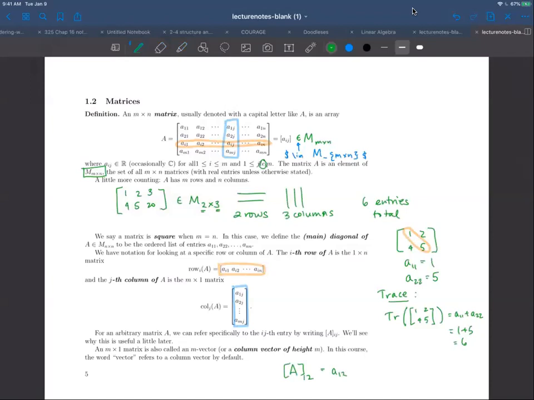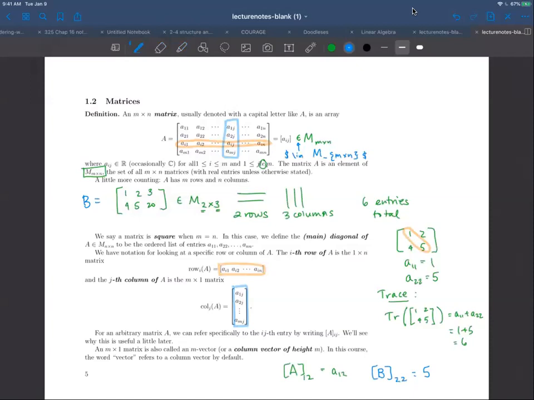But if I call this matrix that I started with up here, which I'll write in blue, let's call that matrix B. If I look at B, let's say second row, second column, B22 is 5, right? So that's a way of pulling out an entry. And we'll see why that's useful. We're going to have some matrices that we build from other matrices, and it's sort of nice to be able to just slap some brackets on there and talk about which